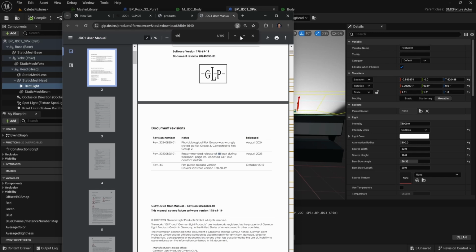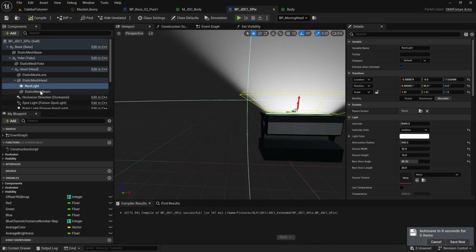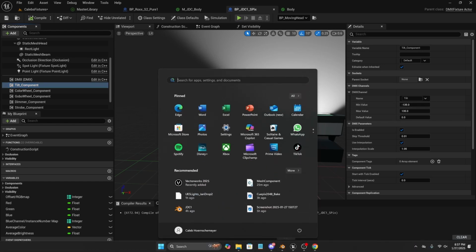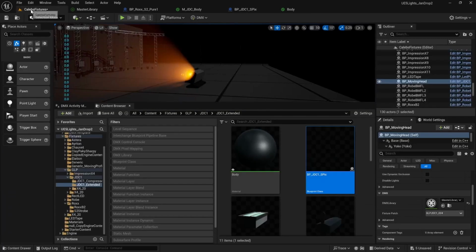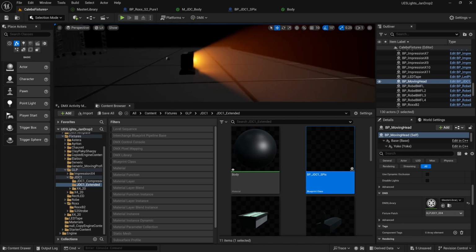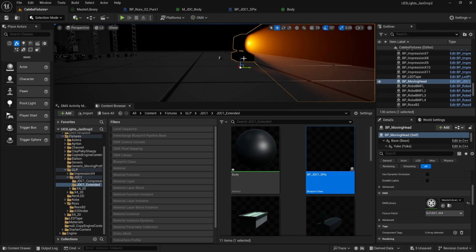If I just search for tilt, go through 109 through 185 degrees. So then I go to my tilt component, 185. What's 185 divided by 2? Let's see if that's right. That looks more accurate to what a JDC1 does. I thought they went down a little more than that, but I'm eventually going to...